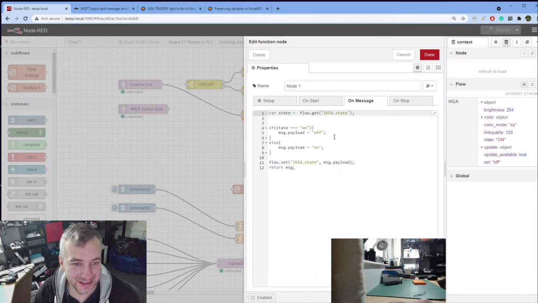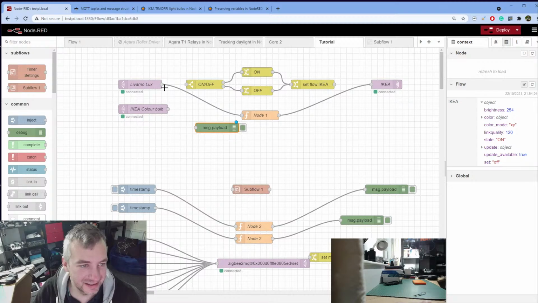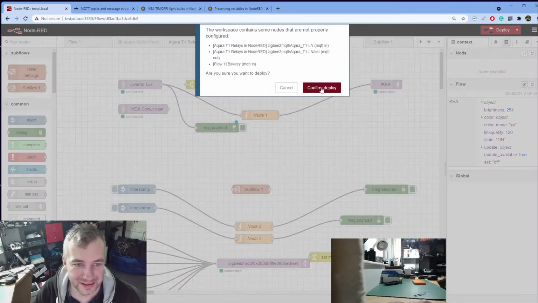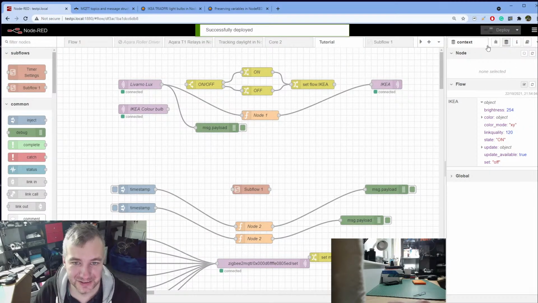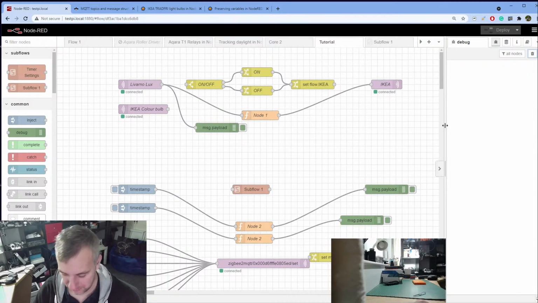Let's have a look. So on 1, I'm getting obviously state on. It gets the state. State should be off by then. It overrides the state with the uppercase. I'm getting uppercase somewhere. That's the problem. Okay, let's have a look and see what's going on right now in here. This is the easiest way to debug. When I press on,